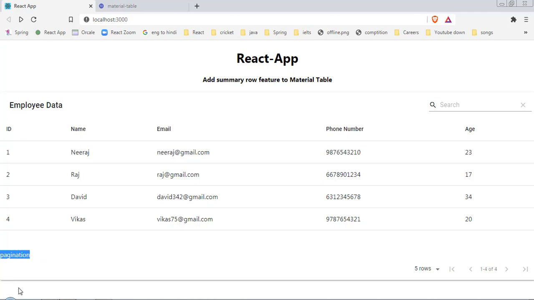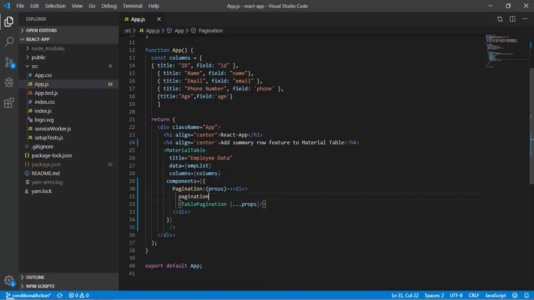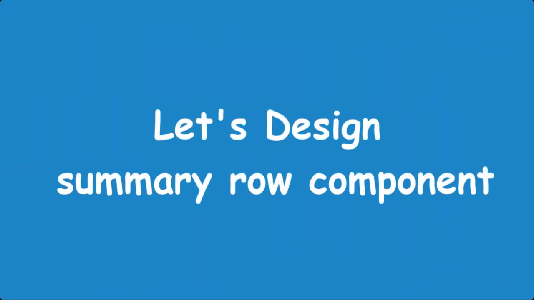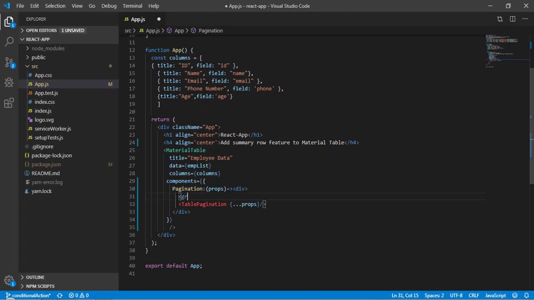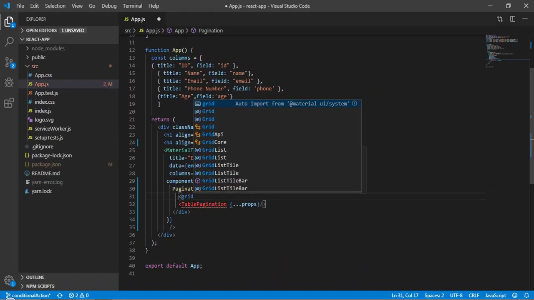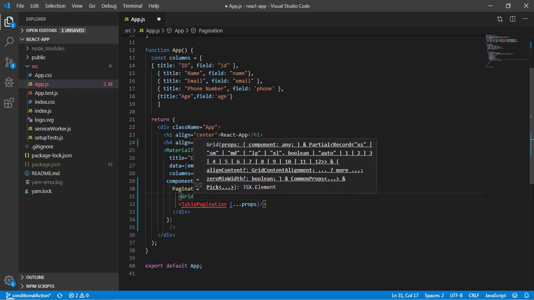Now we have a pagination, and here we can add our custom component. For that, we can design the component which we want to render as a summary row. So let's import Grid from the material UI.